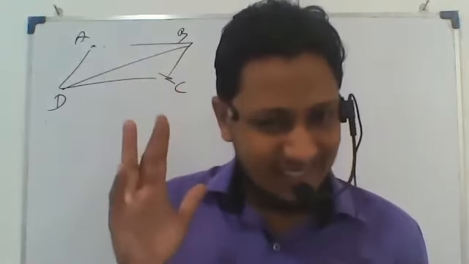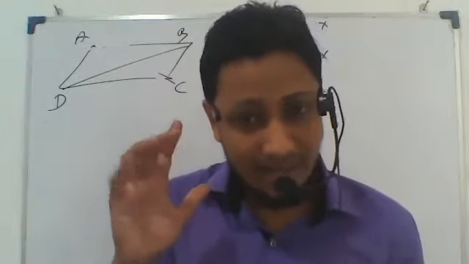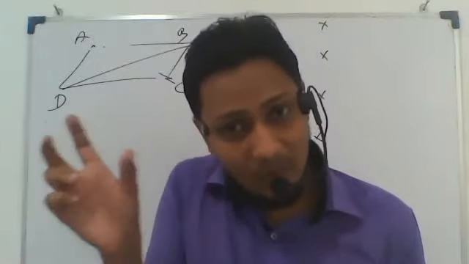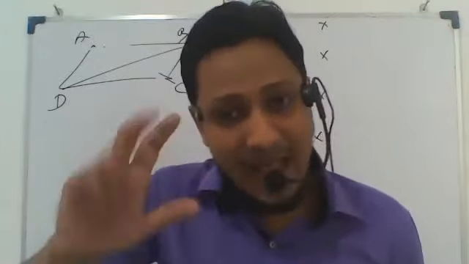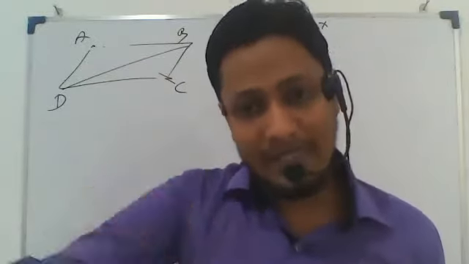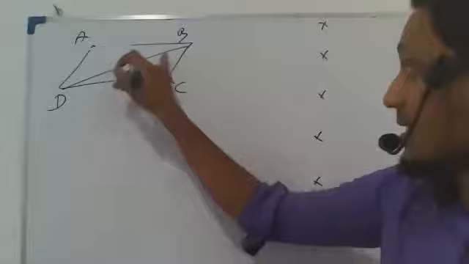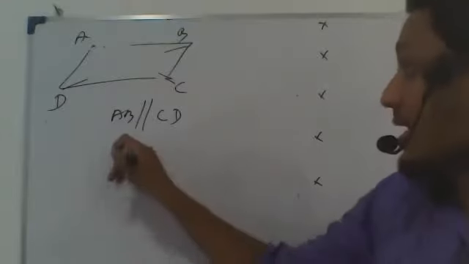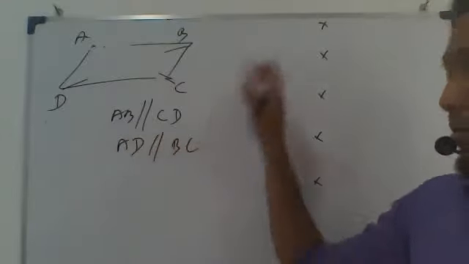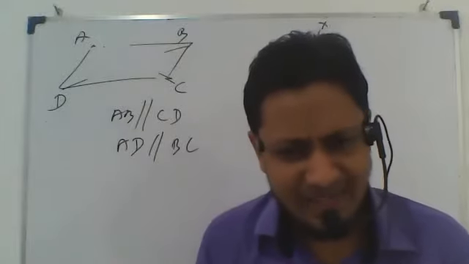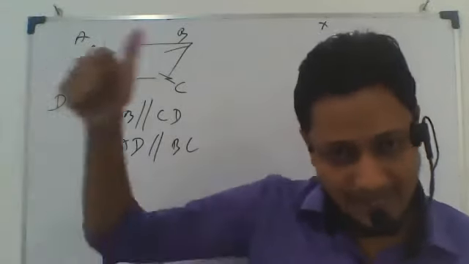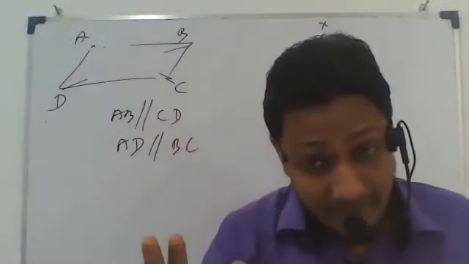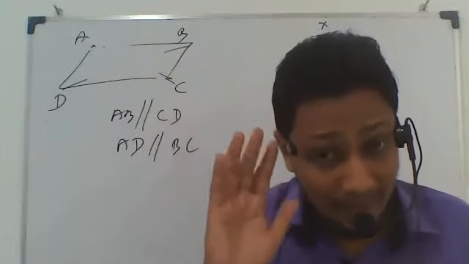The last one you don't need to study, because it comes from the word of the lesson name: parallelogram, parallel. Using that word, the last one is: opposite sides are parallel. That means AB is parallel to CD, and AD is parallel to BC. Very easy, no? All 5 we finished. Opposite sides are equal, opposite angles are equal, diagonals bisect each other, diagonals bisect the area of the parallelogram. Last point is opposite sides are parallel.